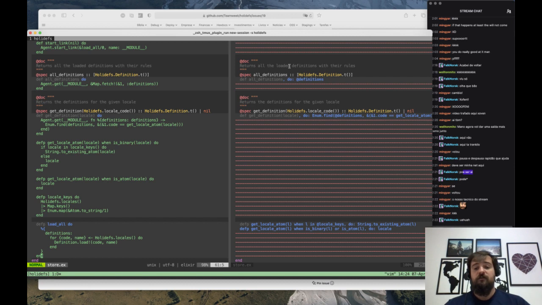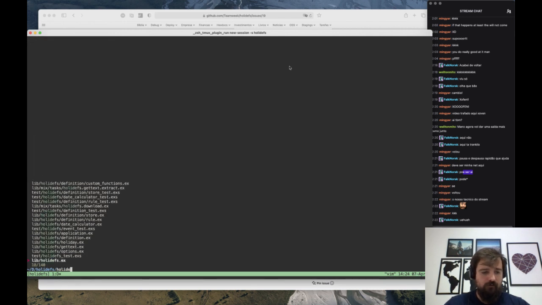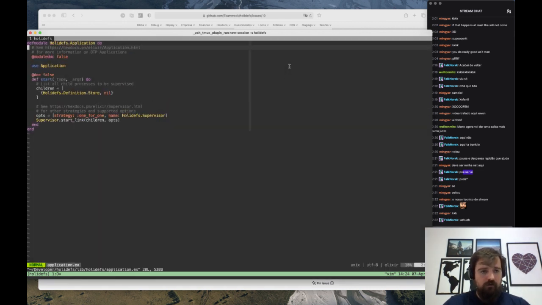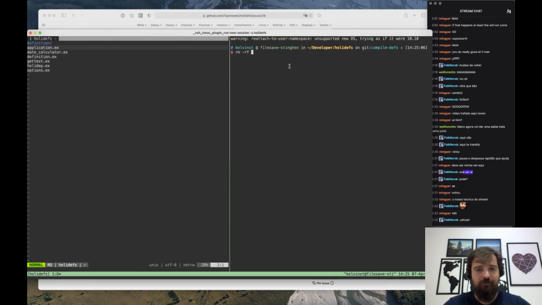And that's it, right? So the thing we have to do now is to actually load the Holidefs application. Here we don't need this module anymore because we are not going to start any process on this now. So I can totally remove this file. I don't remember how you remove it on Netterw. Alright, I don't care. I'm just going to do rm -rf lib Holidefs